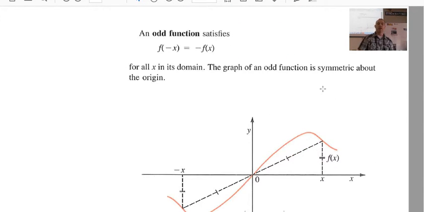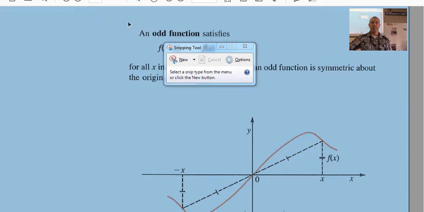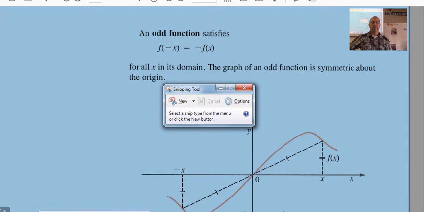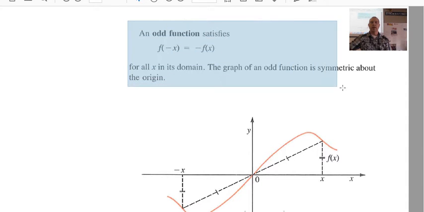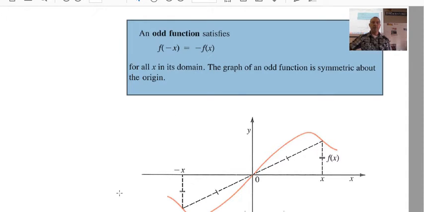Okay, odd function. Well, let's talk about an odd function. This is an odd function here. And I'll use a different clipper there. An odd function is where f of negative x equals,